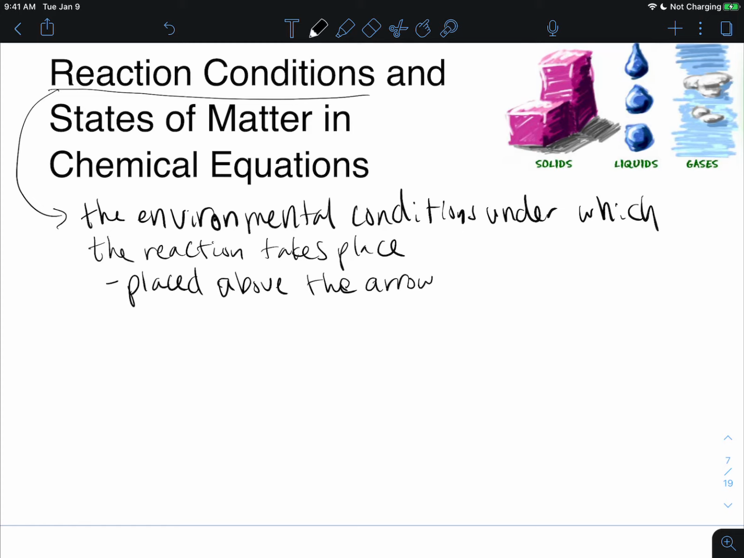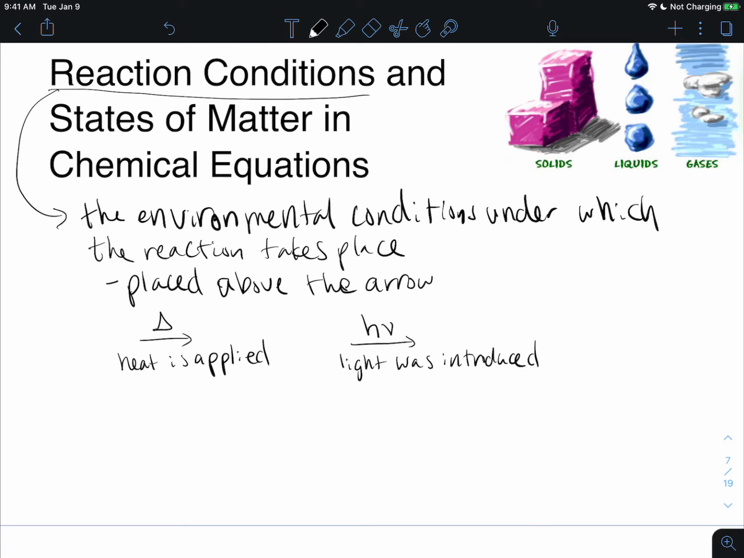So for instance, we might see something like this, where we have a delta. This means that heat is applied. So we've heated the reaction. Or we might see this right here. This means that light was introduced. So these things are required for the reaction to take place, or this is the optimal condition for the reaction